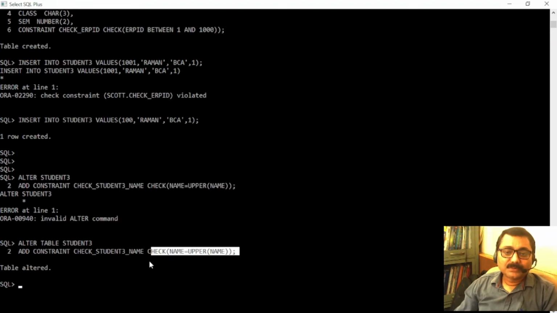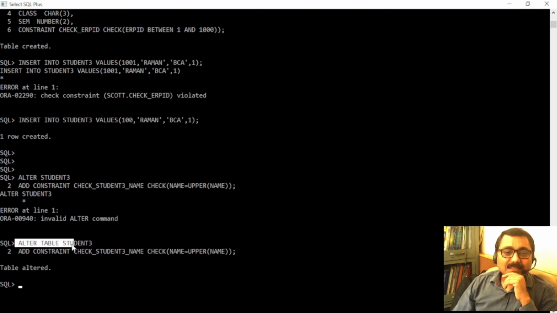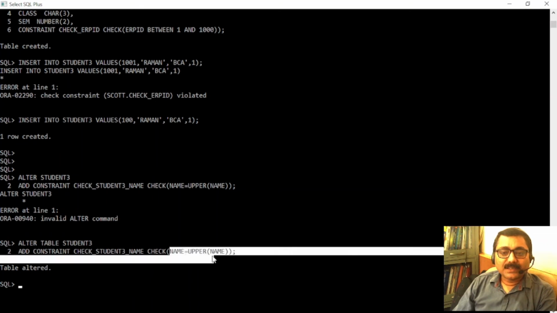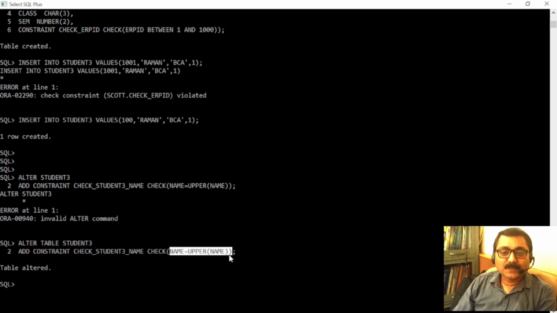So that's how we'll go ahead. So now let's see, this is alter table student 3. I'm adding a check constraint that will take care that an uppercase name must be entered in the name column. So syntax is very simple. Alter table table name. Alter table student is the name of the table.